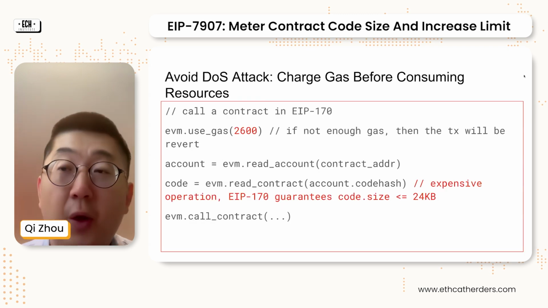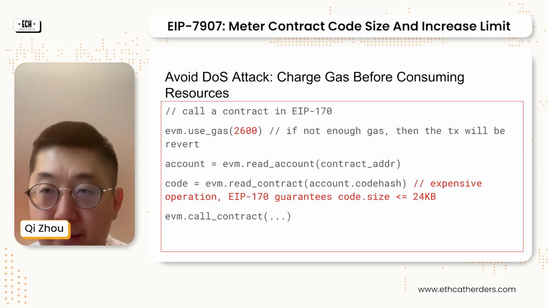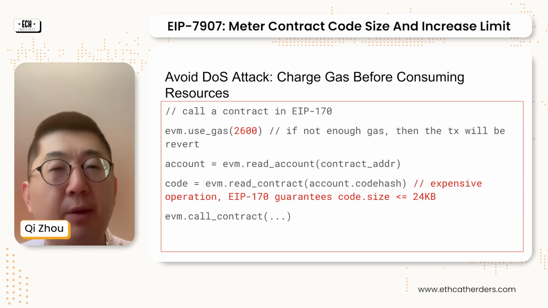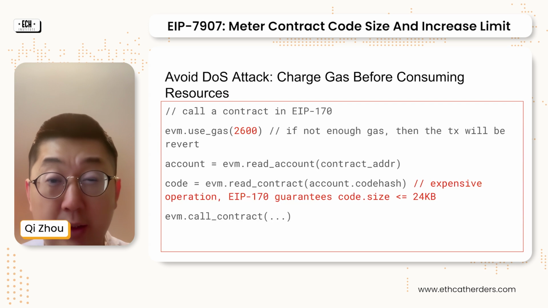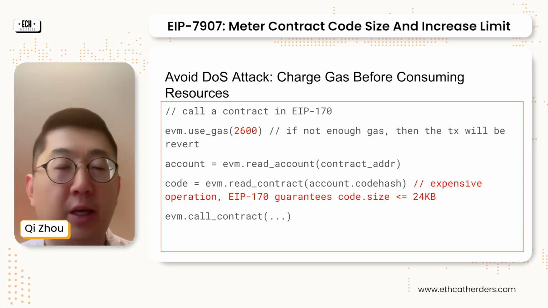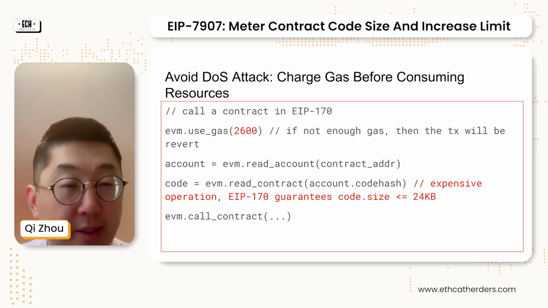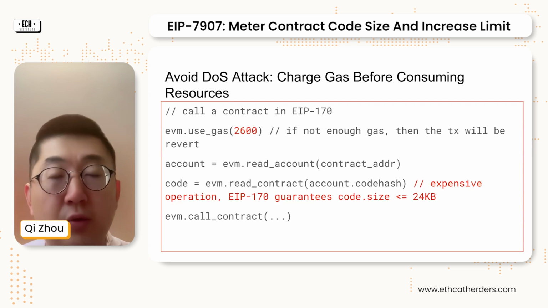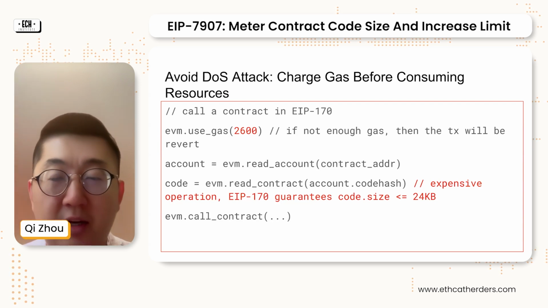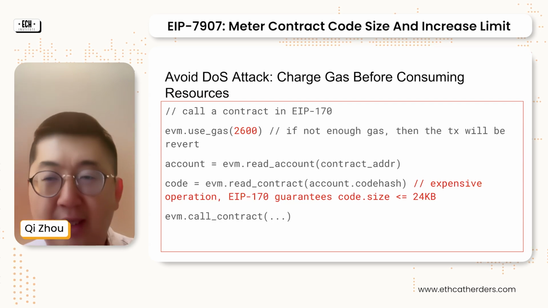Okay, so first of all, how do we address the DDoS attack? The general idea in Ethereum to address this issue is to charge gas before consuming resources. For example, I would like to take a taxi. The taxi will charge me a minimum rate no matter what the distance is, and if my distance is too far away, it will charge more. Suppose I go to the airport, which is far away, it will charge more. But in Ethereum, since an attacker can put a minimum gas, that is the minimum money when I take a taxi,